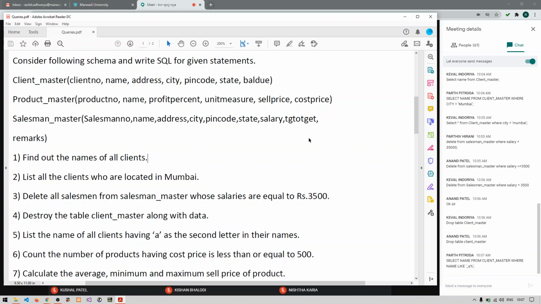Select name from client_master where name like '_A%'.